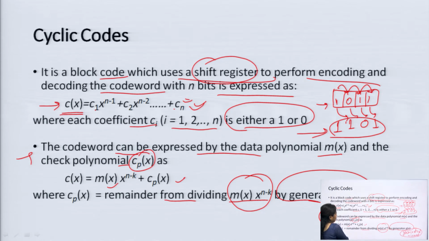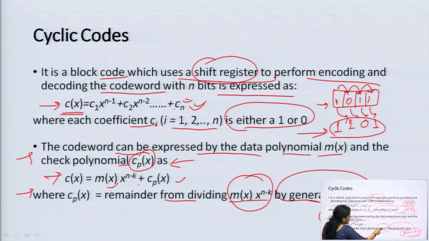The code word can be expressed by the data polynomial, denoted by m(x), and the check polynomial, denoted by Cp(x), which is given by C(x) equals m(x) x to the power n minus k plus Cp(x). This is how the check polynomial will be generated, where Cp(x) is the remainder from dividing m(x) x to the power n minus k by the generator polynomial,